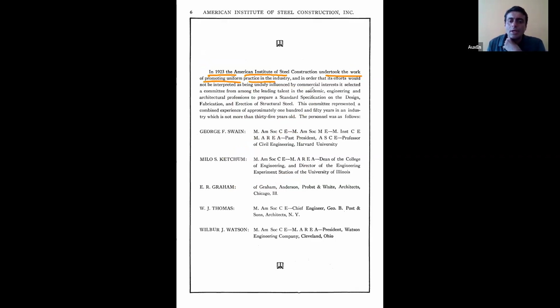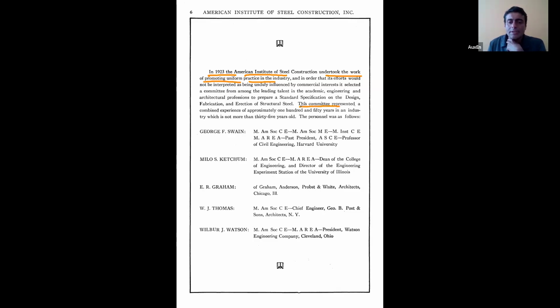Earlier there was no uniformity amongst the different steel manufacturers: what material they are using, what section sizes they are making, how the designers are doing the design. Nothing was uniform, meaning nothing was standardized. Everyone used their own design formula. So it was all jungle. To standardize all these things, this particular committee was formed,